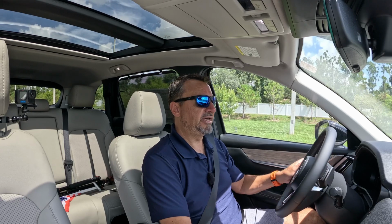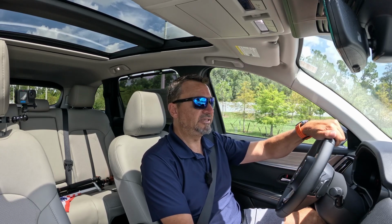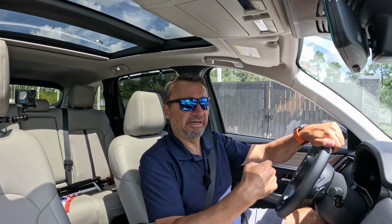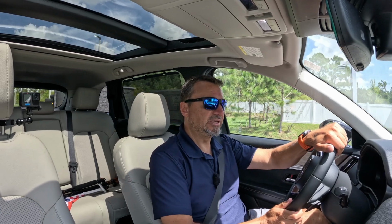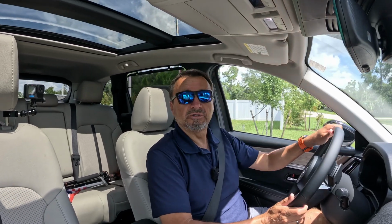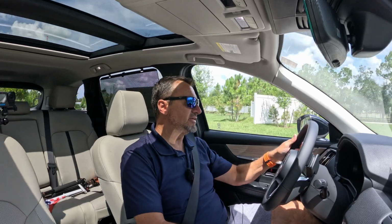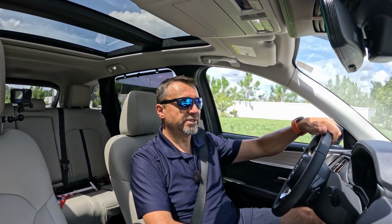Oh, yes, and we have the driving mode. So we have the sport, normal, EV, and off-road mode. I don't know in EV, although we don't have a whole lot of power in that battery, but it's going to be enough to go for a mile or so and see how it feels in the electric mode. Really nice,